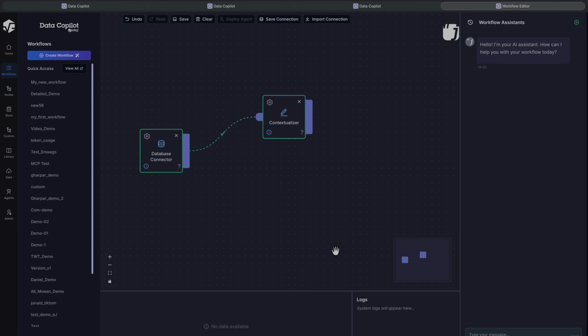Now let me walk you through the contextualizer. Contextualizer is one of the most integral parts of Data Copilot. The idea of the contextualizer is to use the metadata and create a full knowledge graph about your database. This is one of the most crucial and important steps that I would encourage every user to look carefully into and pay good attention to in creating a context, because everything that comes afterwards will depend on a good and healthy